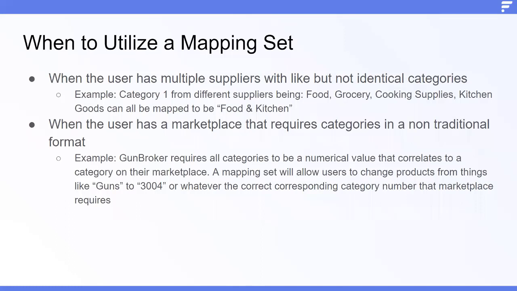For instance, Gunbroker actually requires all your categories to be a numerical value, and it correlates to a category in their marketplace. But the mapping set will allow you to change products from categories like guns to 3004, or whatever the correct corresponding category number for that marketplace is. So that's where mapping sets really become incredibly useful and time-saving tools, especially because you can just upload a CSV file with all that information into your Flexpoint account